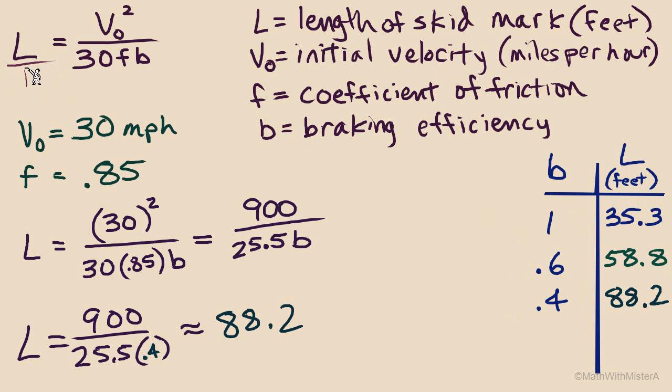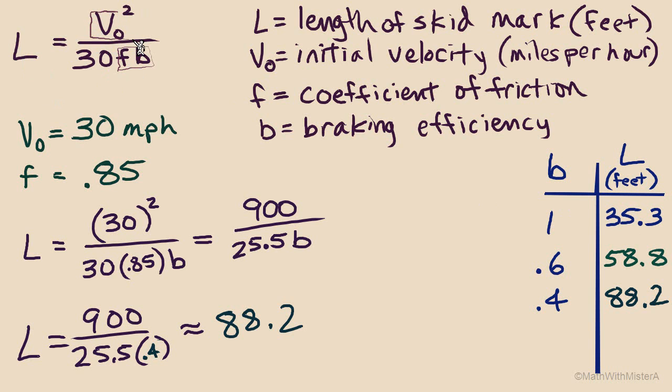But a number that's not part of a fraction, and it works for a variable too, if it's not part of a fraction, it's working just like it's in the numerator. But seeing f and b in the denominator tells us that they have an inverse relationship with L. As f increases, L decreases. As f decreases, L increases. Same thing with b. We saw that as b increases, L decreases. So those two have the inverse relationship with L,